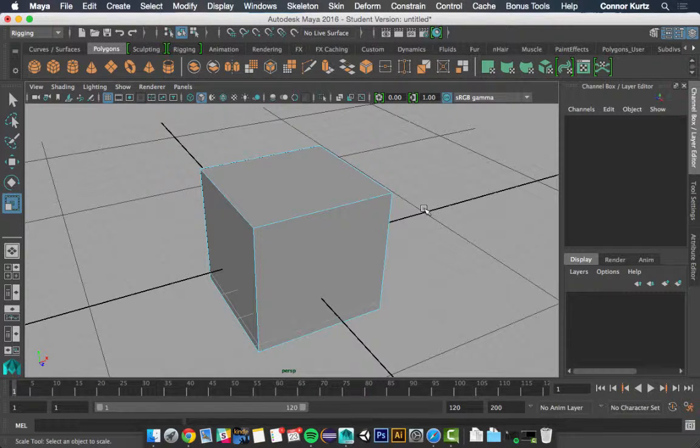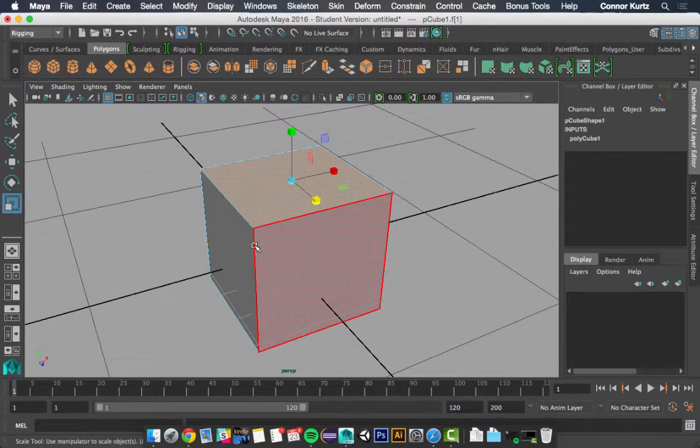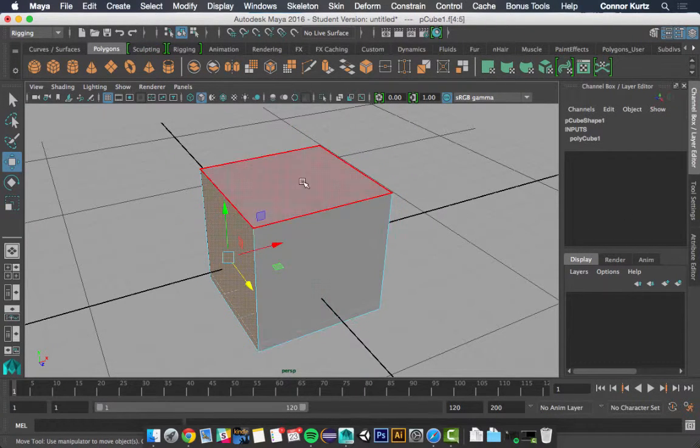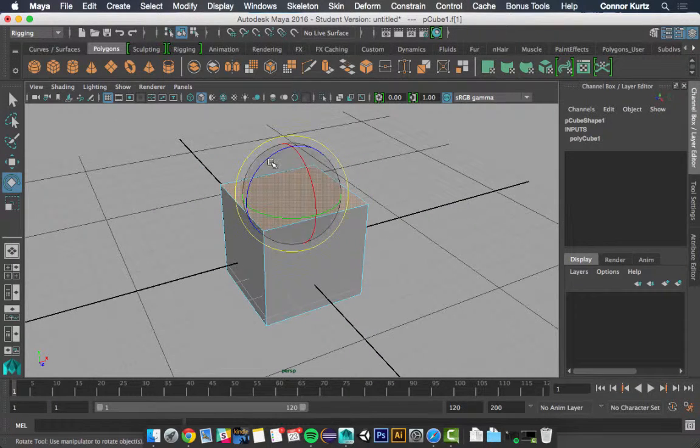Now, if you have a blue outline, that means you're working in component mode. And basically, when Connor was talking about all these different things that an object is made out of, that is a component. So now that I'm in face, I can actually select these faces. And when they become this orange golden highlight, that means that they are selected. So if I go ahead and take my rotate tool again and grab this,